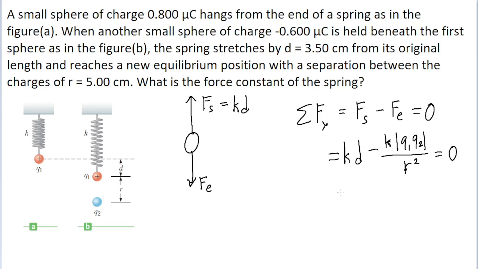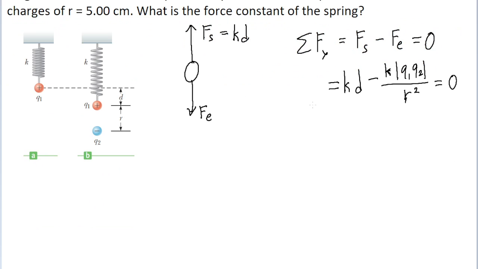Now this problem is asking us to find the spring constant, which means our goal is to find the value of k. So we're going to use some pretty basic algebra to get k on its own. First off, we're going to add the Coulomb force term to both sides of the equation to find that kd is equal to k, and I really should add a subscript to the k to indicate that these are two different k's we're dealing with. So the k on its own is the spring constant, and k sub e is the Coulomb constant. So k sub e, the Coulomb constant, multiplied by the charges,